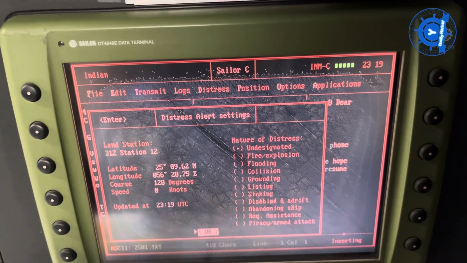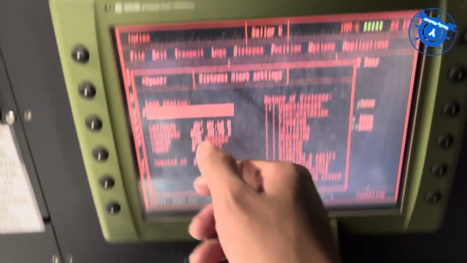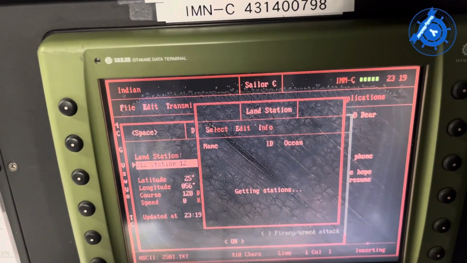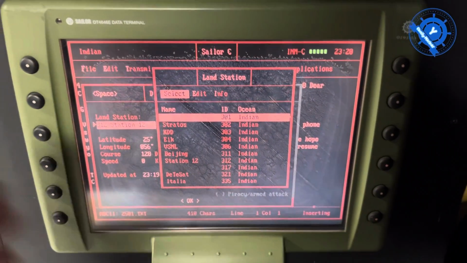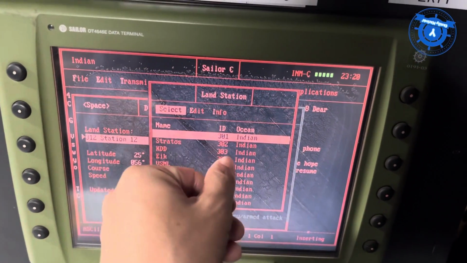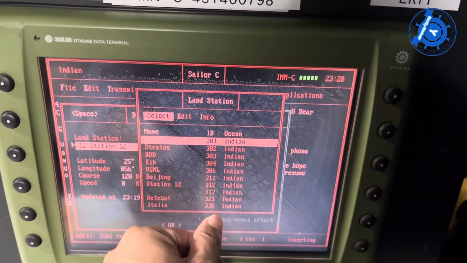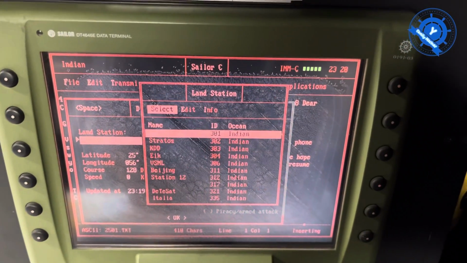You can try LAN station with the space bar, because from here you can see space. So there are so many LAN stations. Anyone you can choose. Now I have already arrived at the India Ocean, so there is the India Ocean LAN station. Anyone you can choose.